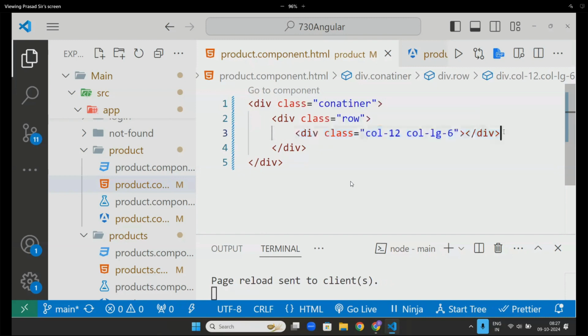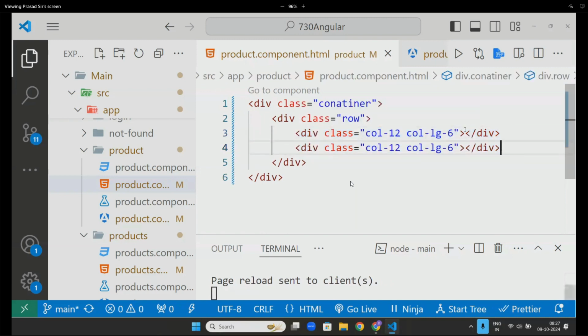Control C Control V. This is basic Bootstrap.